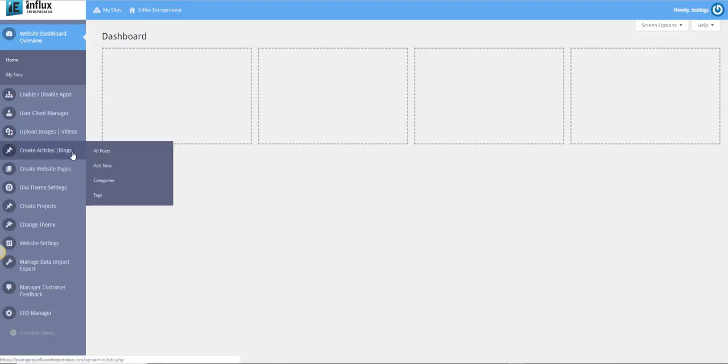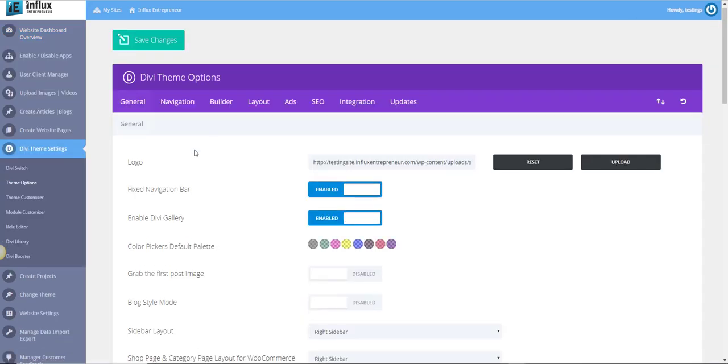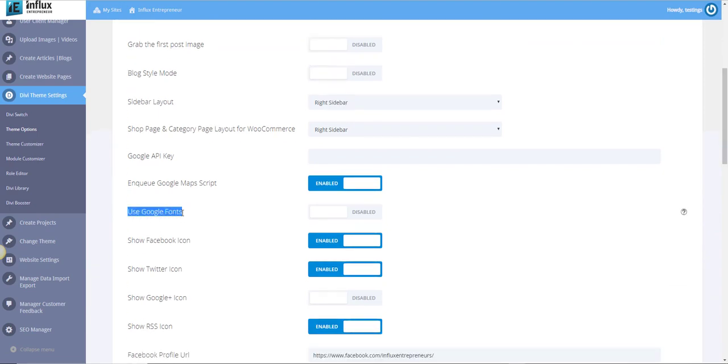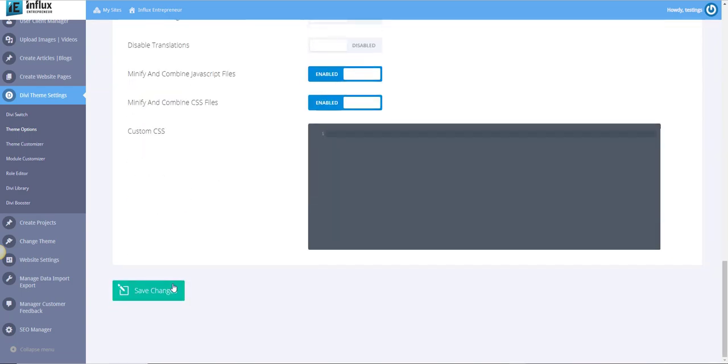So we're going to go back into the dashboard, and then you're going to go to Divi Theme settings and then click on theme options. Then where it says use Google Fonts, you're just going to click on it, make sure it's blue, and then save your changes. Now when we go back to add a new page,